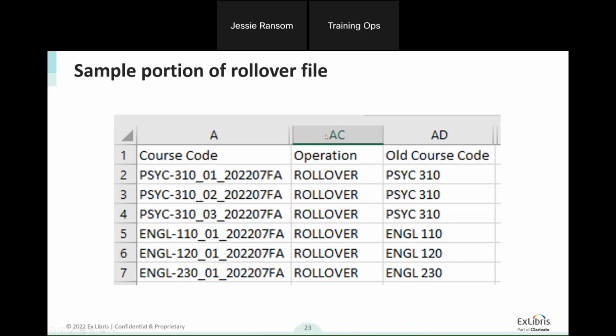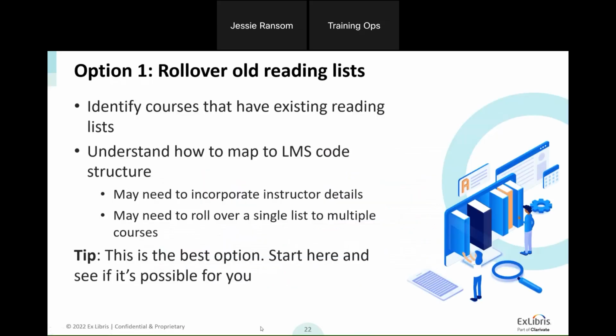Everything from this A to AC is to do primarily with the course that you're loading in. So this is the part that's really relevant from a rollover perspective. So I just wanted to have some sort of example as I was talking about different ways that you could do this. This mapping of information may be something that you can do programmatically.